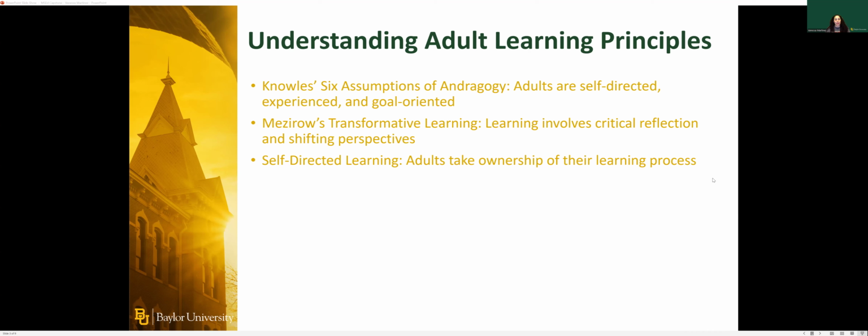Second, I follow Mezirow's transformative learning, where an individual learns by questioning their assumptions, leading to personal and intellectual growth. And I also follow self-directed learning, where an individual takes ownership of their learning, requiring autonomy and reflection.